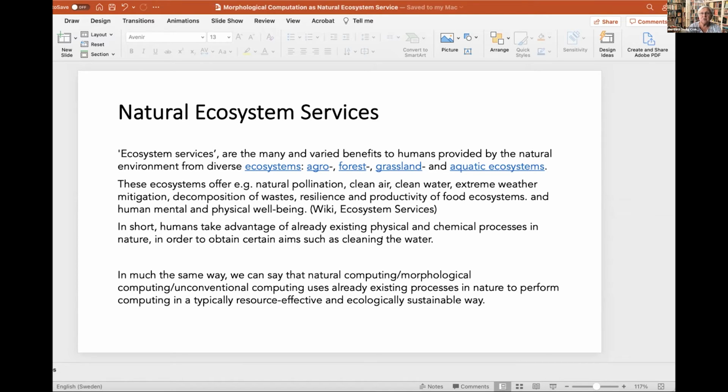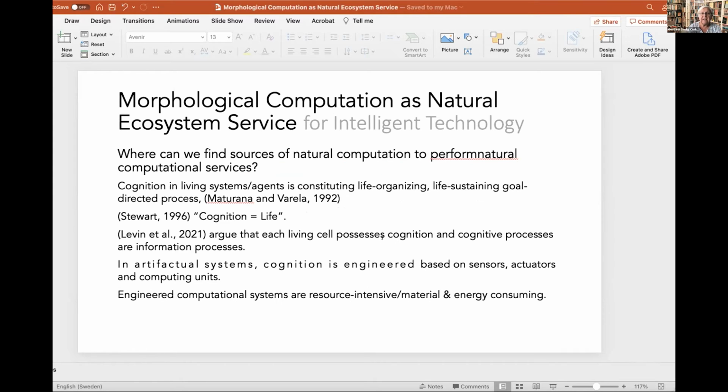So the idea is to first understand what is going on in nature, and the other is to go to the technology and apply and test how it works. And when we learn on a simplified example of technological processes how it works, we can go back to nature and see, does it remind us of something that we find in nature? And then go back and forth and refine our solutions for technology. But in this process, we are learning a lot about nature and how processes work, how we can understand computation on the level of natural processes.